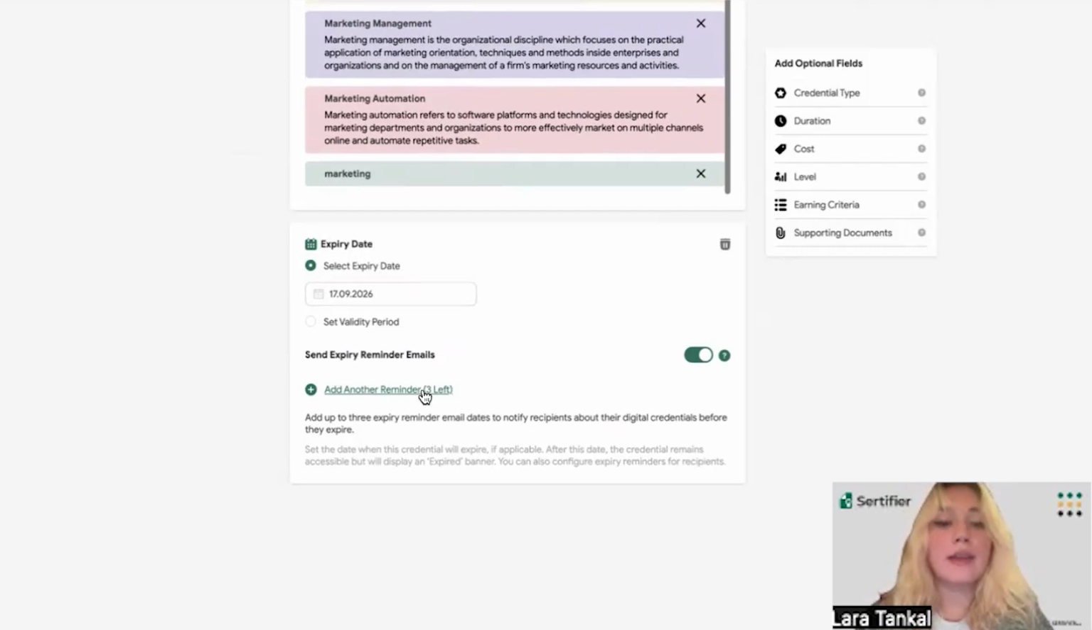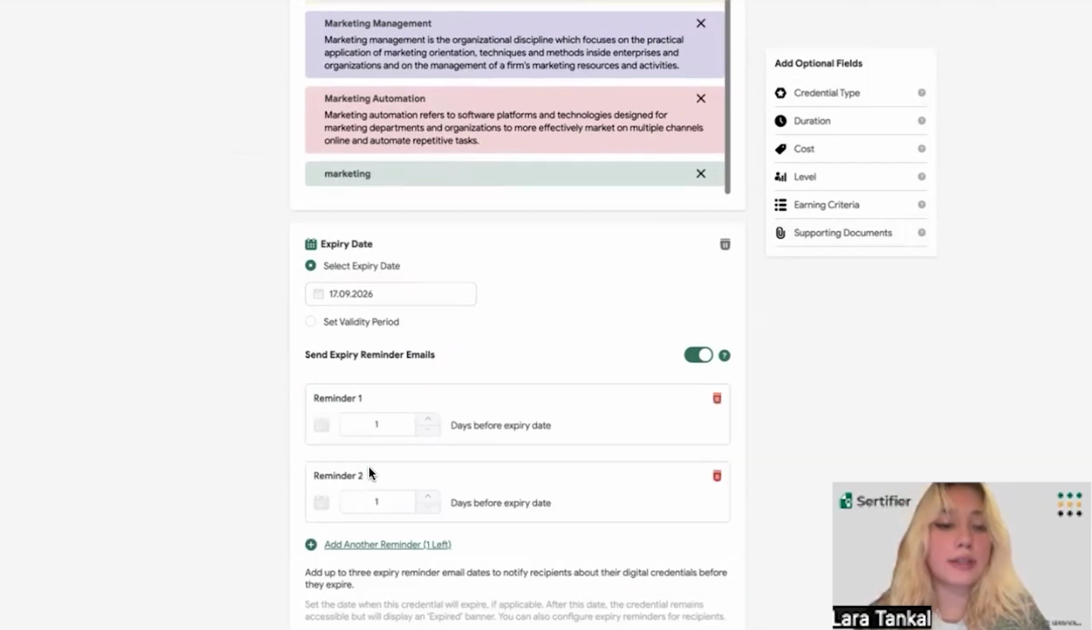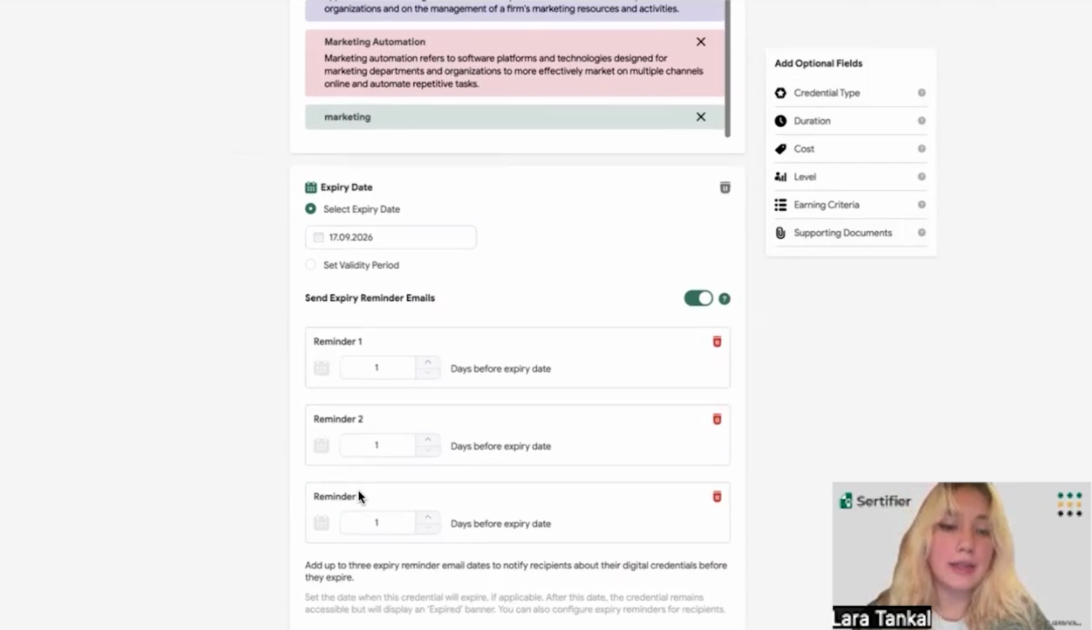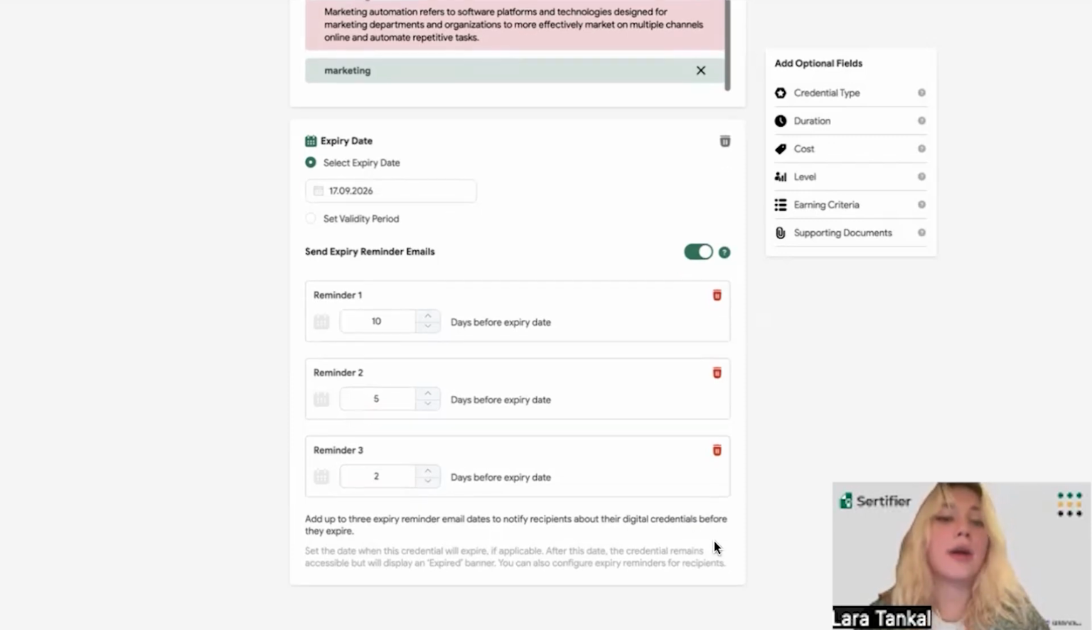We have added customization options for these reminder emails, where you can add up to 3 reminders and also adjust the dates that you want those reminder emails to be sent. So, for example, let's say 10 days ago, 5 days ago, and 2 days ago, that the reminder emails will